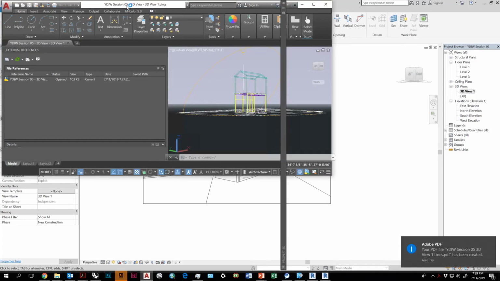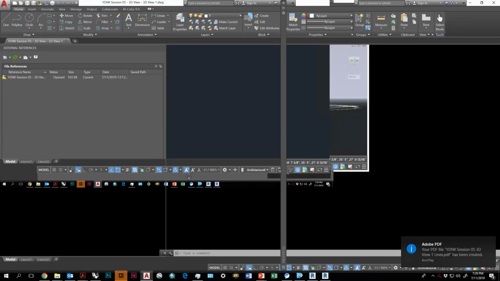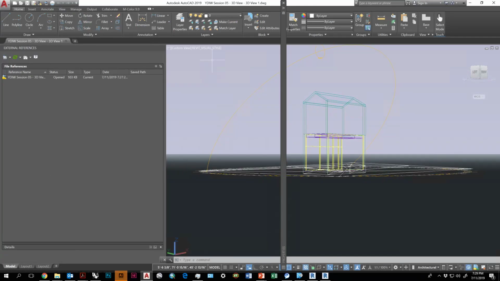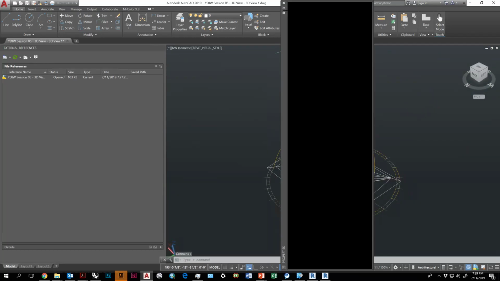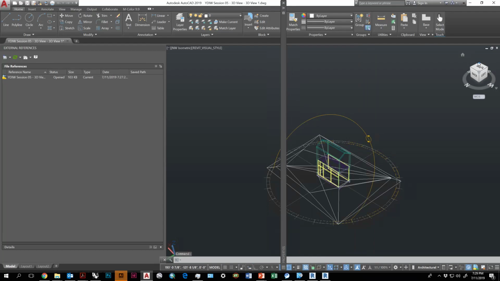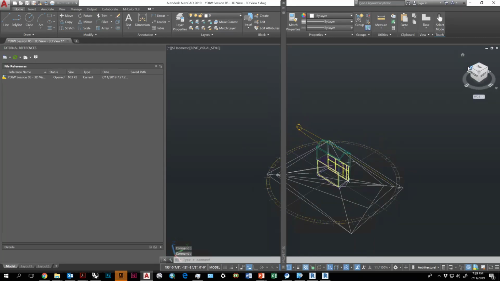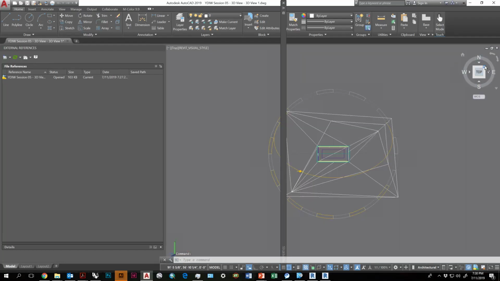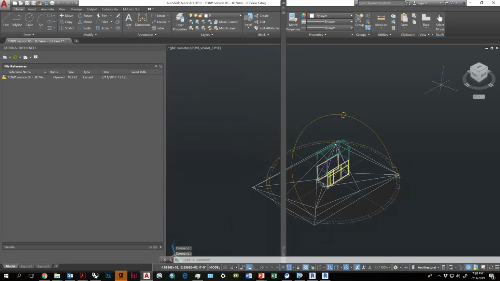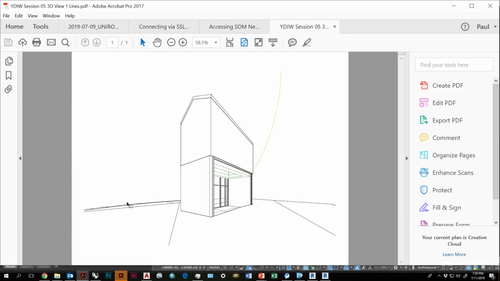All that saving, you can see that when I exported a 3D view, even though it was a perspective view, when I exported as a DWG, it brought in the entire model, which is not what we want in terms of exporting a view, but could be handy if you were working in AutoCAD for some reason and needed to work in AutoCAD 3D, which, why, but okay, if you want, you can do that. But this is pretty handy for that very specific purpose of exporting 3D to AutoCAD.